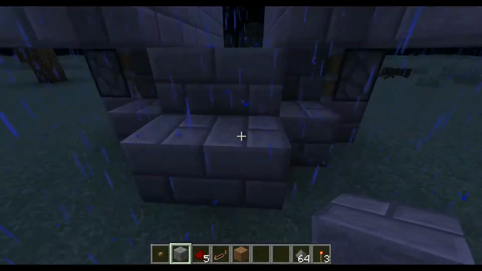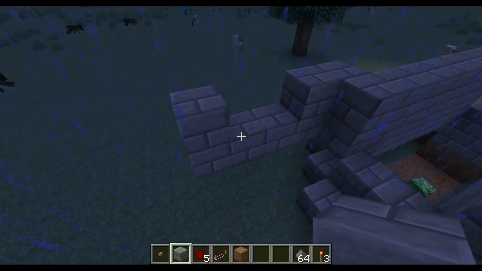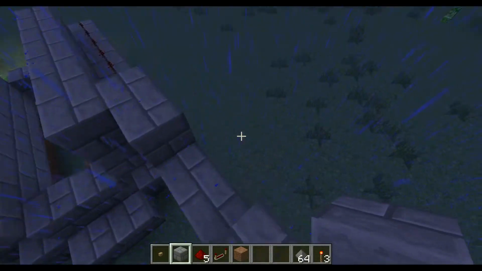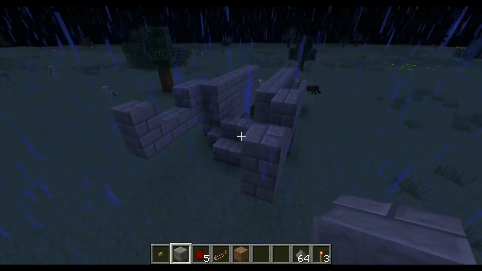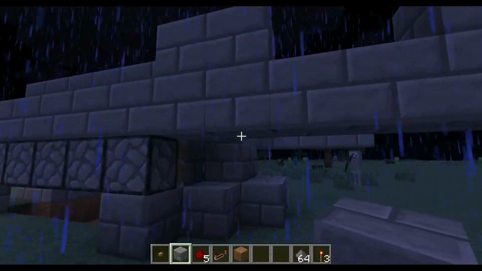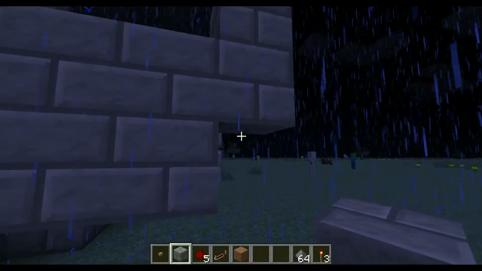What it is, it's just a simple drawbridge. But it's actually kind of special because on a server that I was playing on back in May, I set up a kind of a skeleton guard post. Basically, the skeletons would be spawned with a skeleton spawner deep underground, and they would get